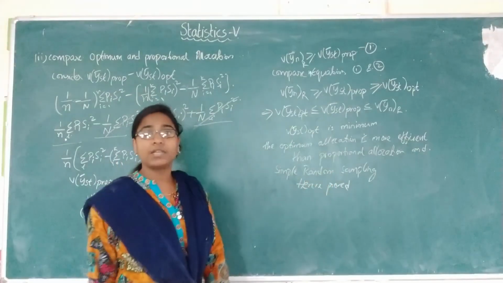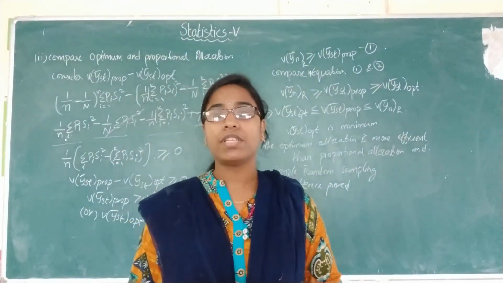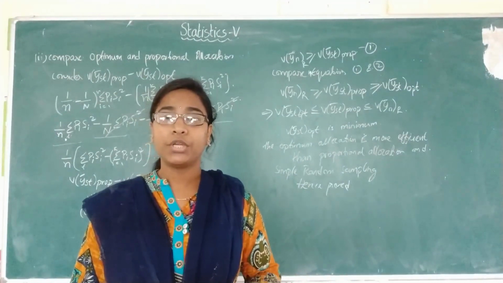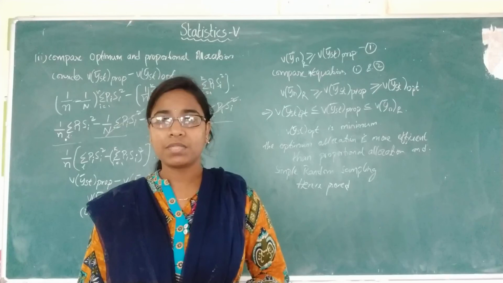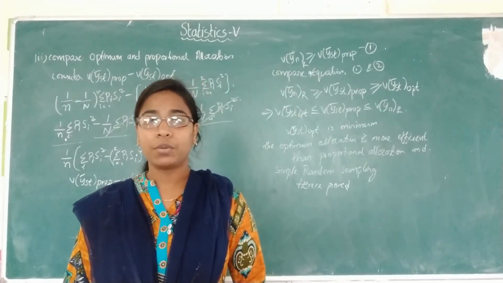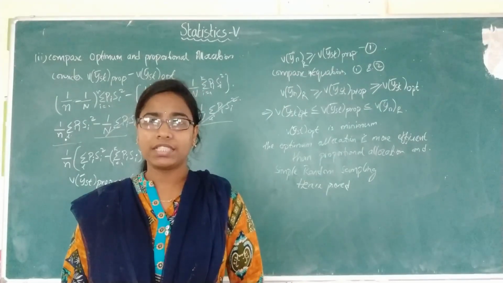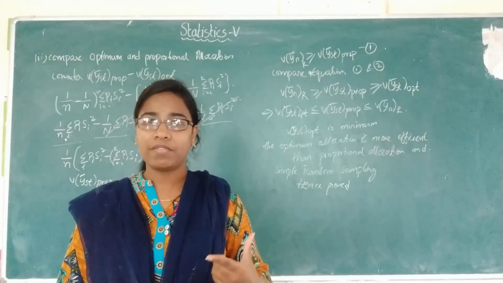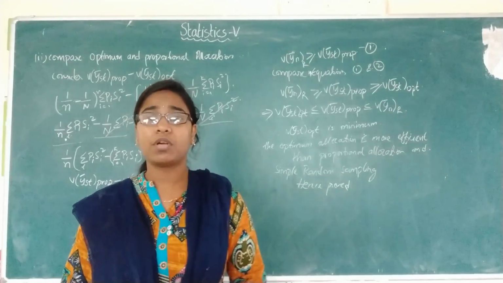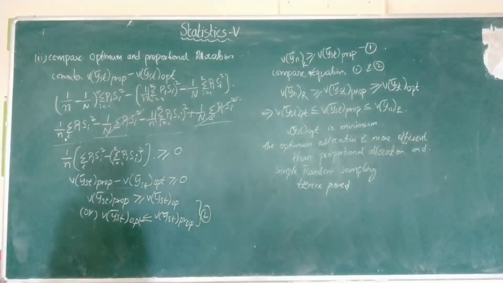In this theorem, first we are going to consider the 3 variances. After that, we are going to consider 2 cases. In the first case, we compare simple random sampling with the proportional allocation. In the second case, we compare the proportional allocation and optimum allocation. The first case will have a little bit of simplification. Make sure you practice everything because it is a very important theorem. So practice this theorem and write the notes.